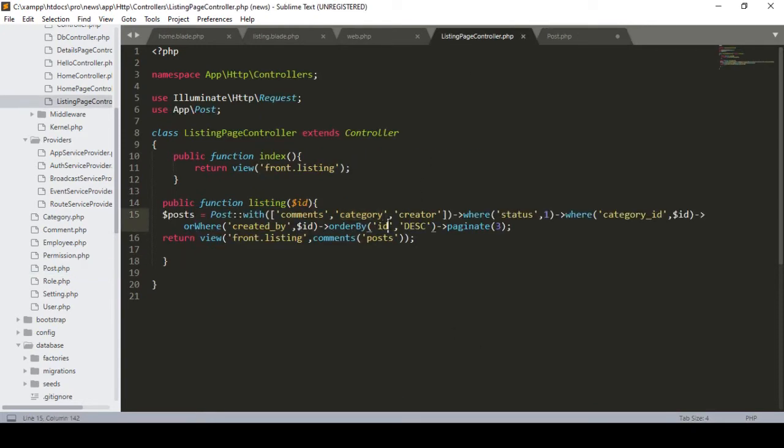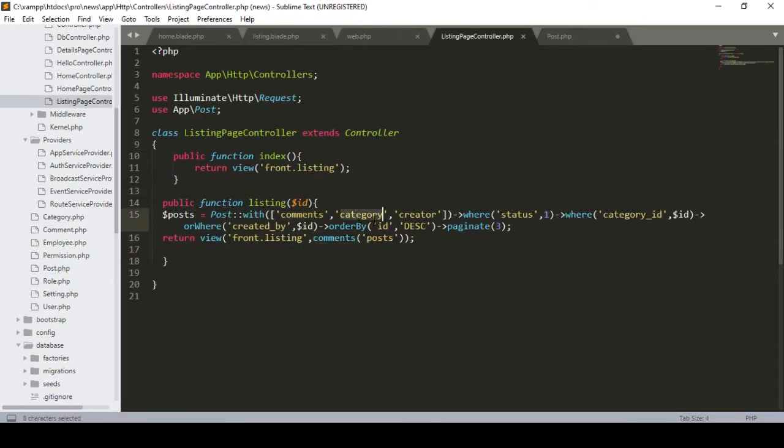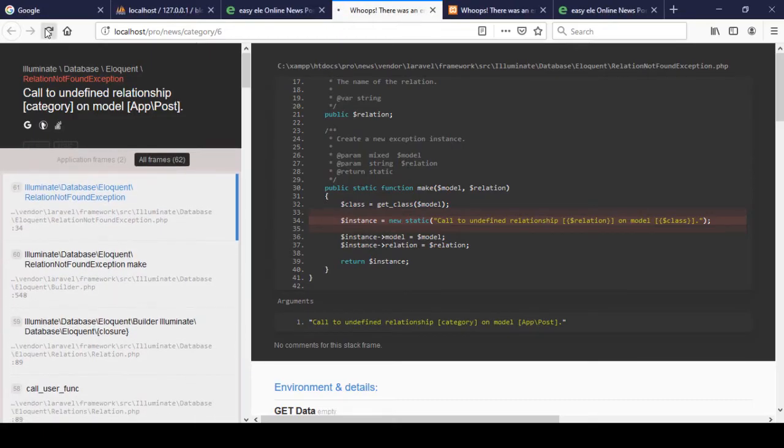You can see I use it, but I actually forgot to add that relation in our post. So right now I created it. Now here there is a category, the comment and the creator, so I just define comments, category and the creator. Perfect. So now let's check this out. I just click on the save all, and if you now refresh it,